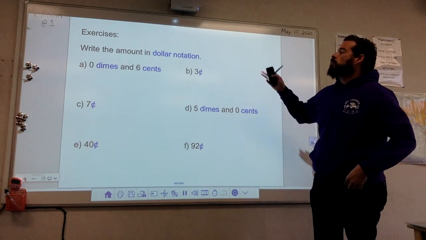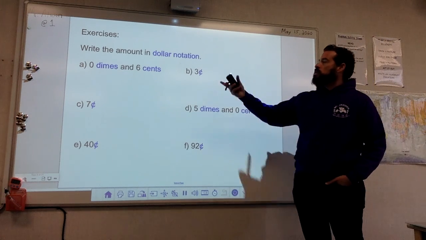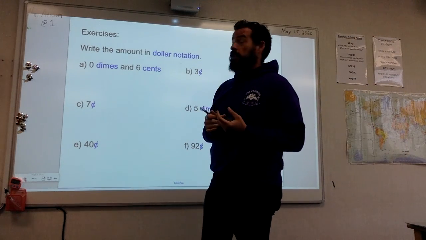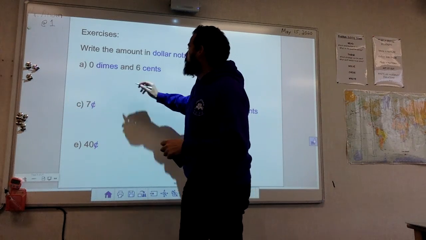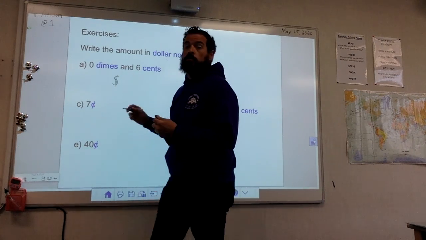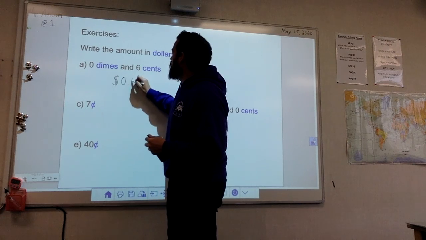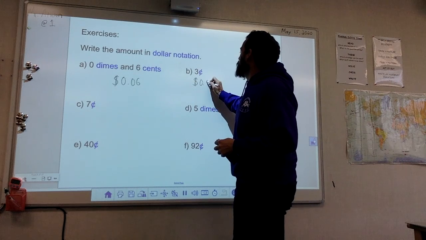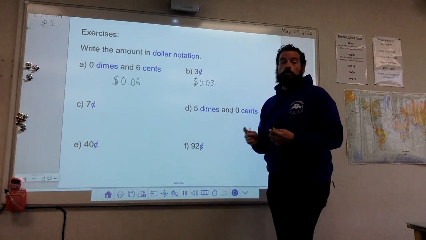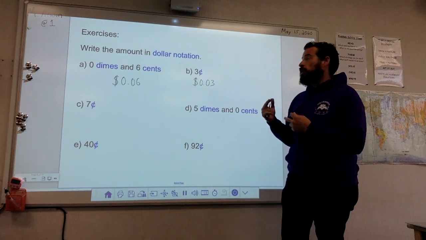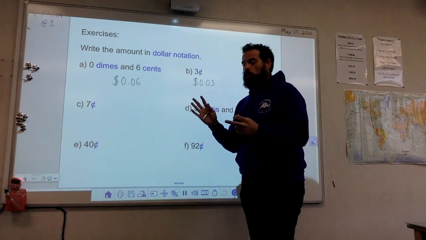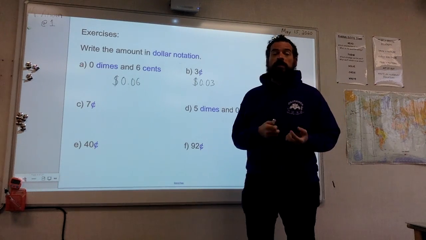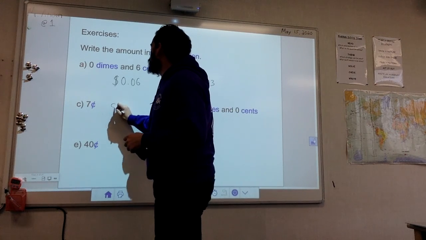All right, so we're going to write some into dollar notation again. 0 dimes and 6 cents. Now remember, since we have 0 dimes, we're going to have to make sure that we have a 0 to the right of the decimal point. So 0.06. 3 cents. Dollar sign, 0.03. Because remember, 1 cent is 1/100th of a dollar. And hopefully you're seeing that connection between what we've been learning with decimals and how that relates to money. 7 cents, again,